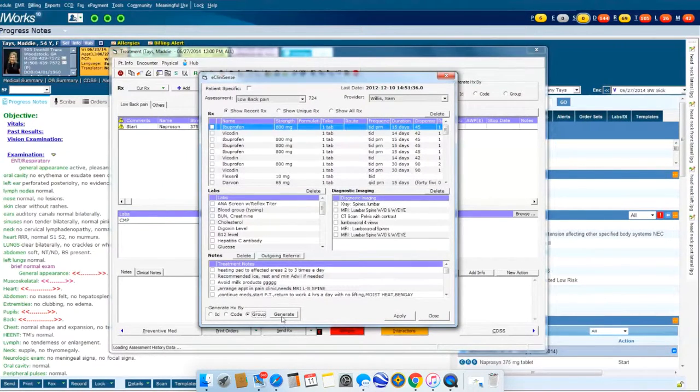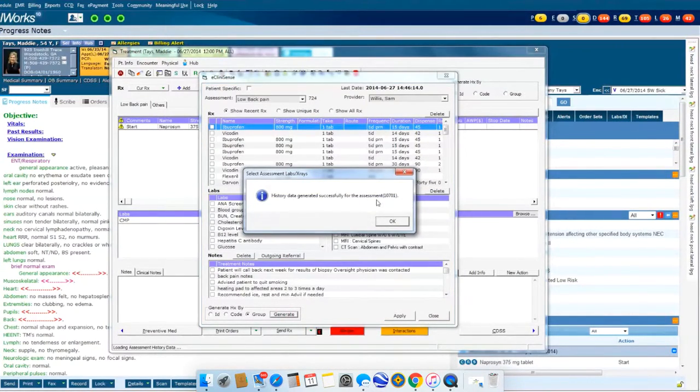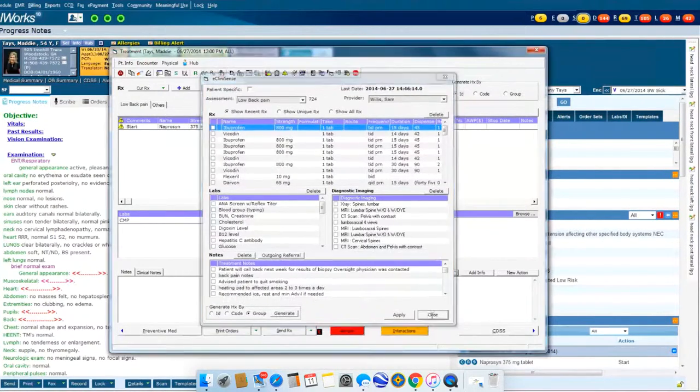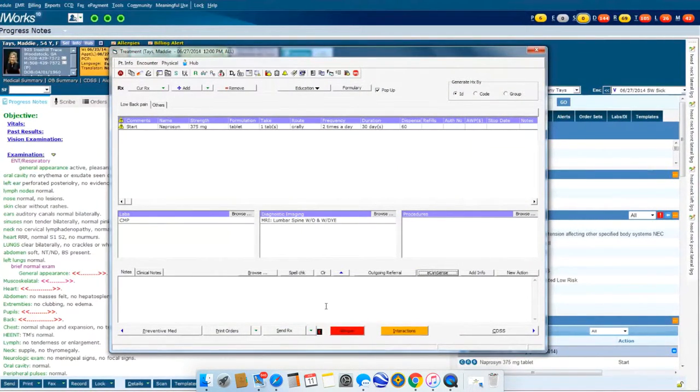And once you've selected generate and it pulls open and updates the information, it lets you know it has been done successfully. And it also updates the date and time in which it was last generated for you, so you can always keep track. So that's what you'll be able to see with eCLINISENCE. Now, while we're in the treatment screen, let's go ahead and talk about